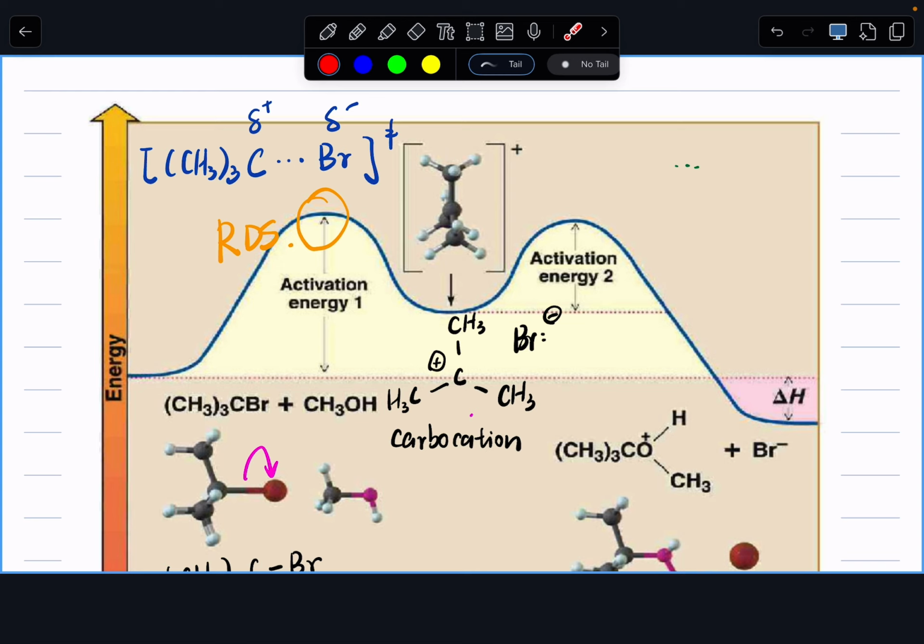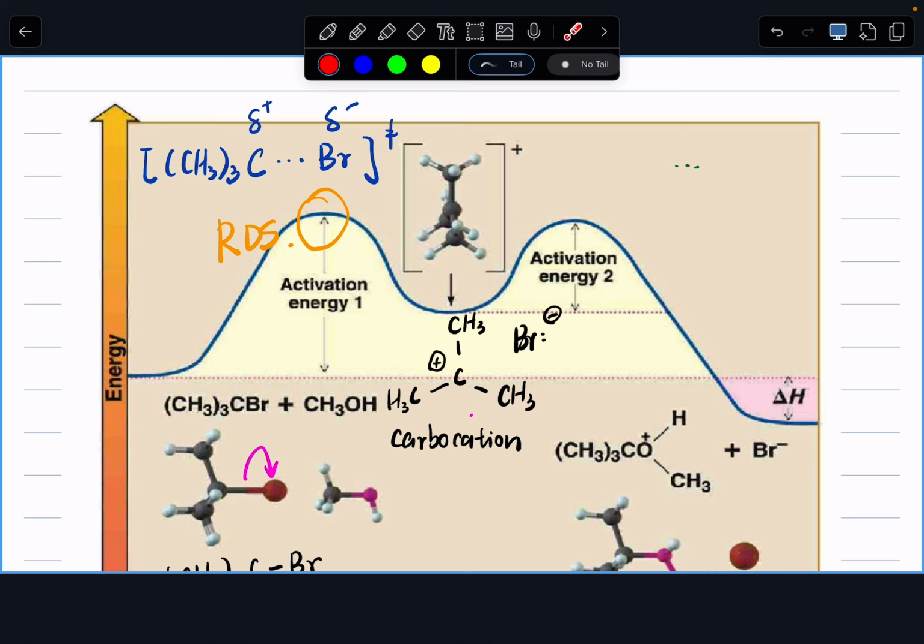Okay, question: what determines if it does the SN2 or the SN1? We'll talk about that in the next slide. All right, so here is a quick introduction. The question is, what is the SN2 reaction mechanism and what is